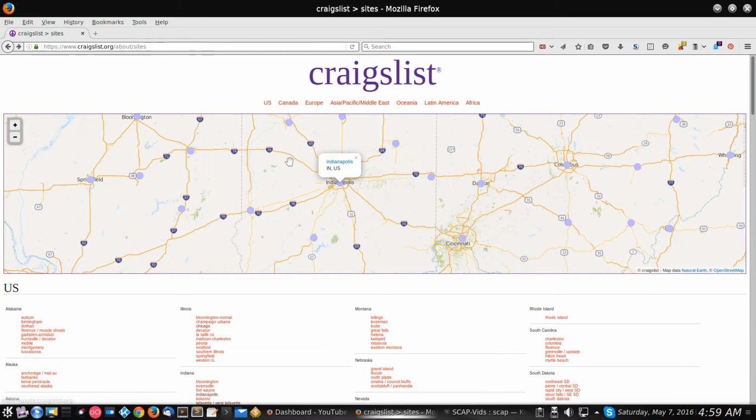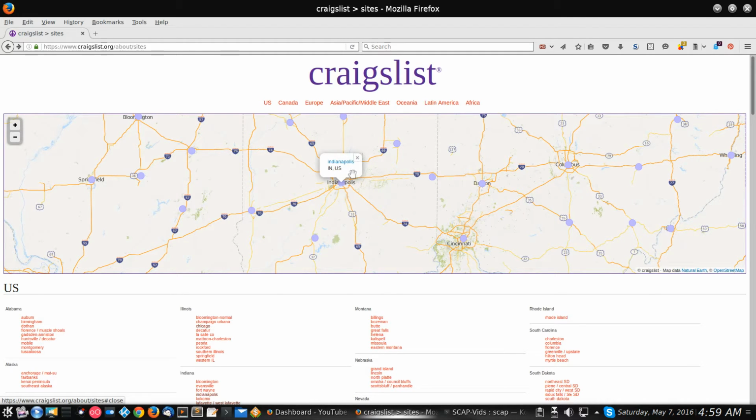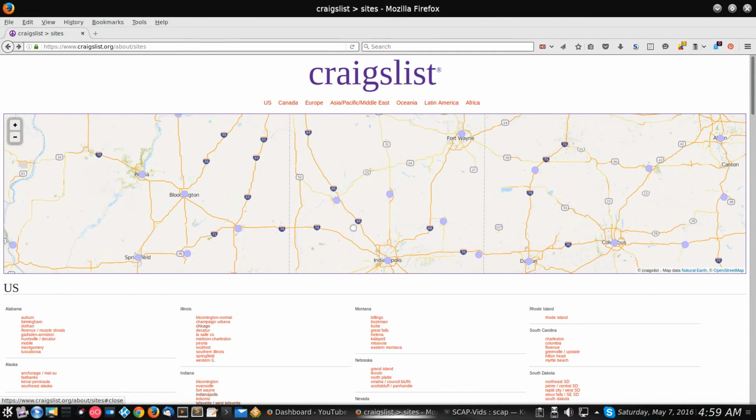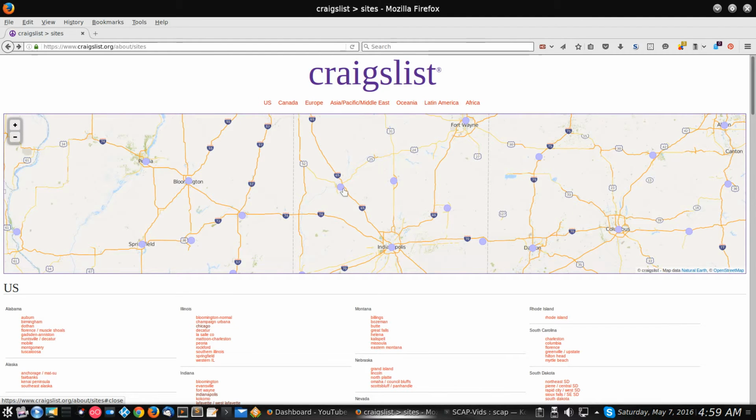It's actually Indianapolis. Why is that important? I'll give you an example. Let's look at this one right here. This one right here is not showing up on the map with the name of the city or the location, just like this one or this one. So if you click on it, let's use this one right here. If you click on it, it will tell you what it is. Okay?